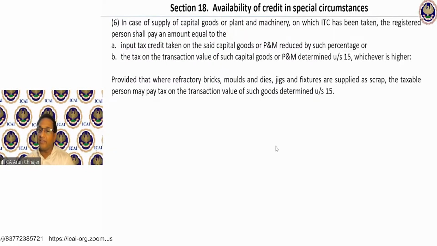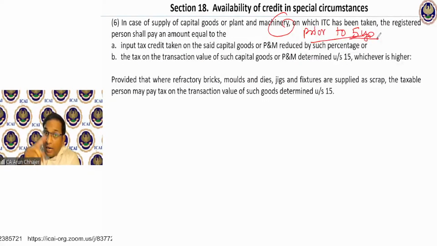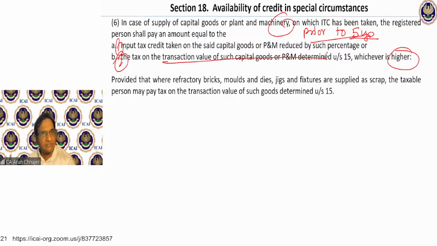18.6 is very, very important. Whenever you supply the capital goods or plant and machinery on which ITC has been taken, and being supplied prior to 5 years, then how much amount do you need to pay on the supply of the capital goods or plant and machinery? You calculate two amounts and whichever is higher you need to pay. First is very simple, tax on transaction value, and second is ITC on the capital goods or plant and machinery